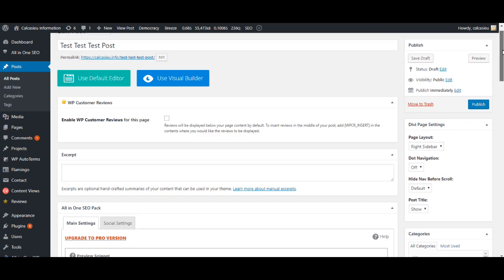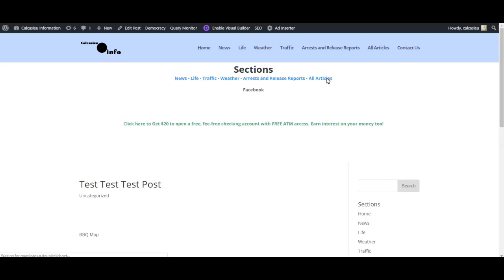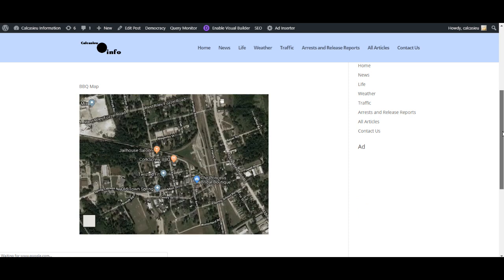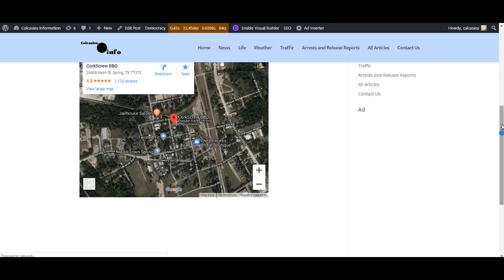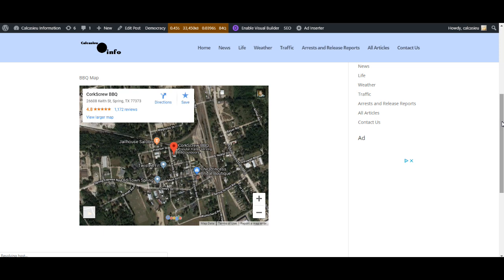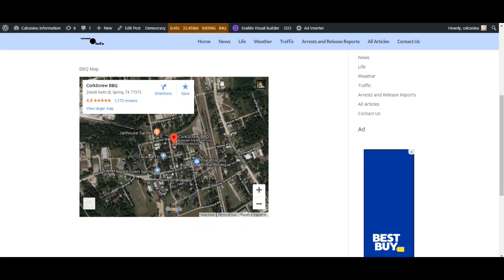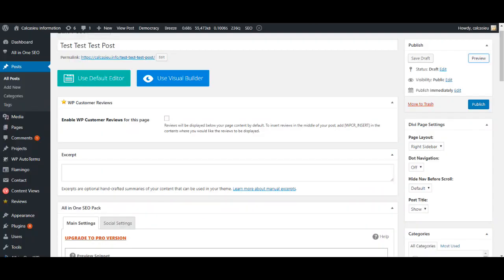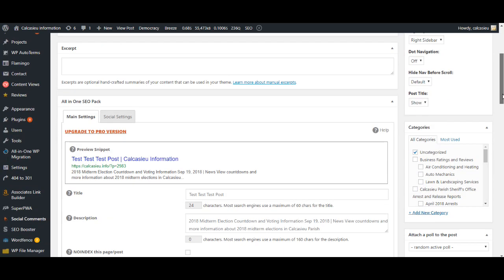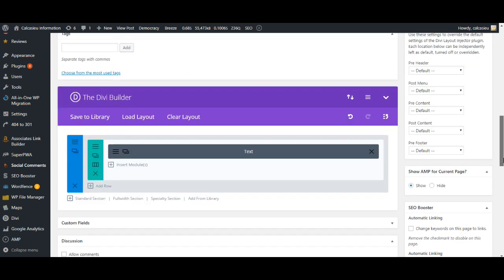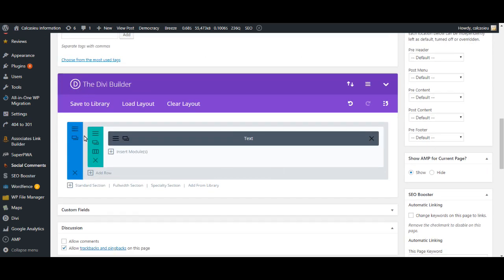I'm going to go up here and I'm going to preview this. It's going to take a second for the preview to load. So that's what the preview looks like. It's the same size map that we saw on Google Maps earlier. So let's go back up here. You can see this is a test website basically. Go back over here